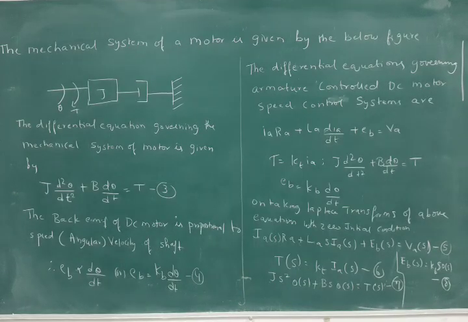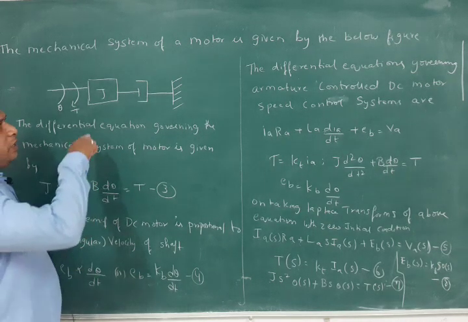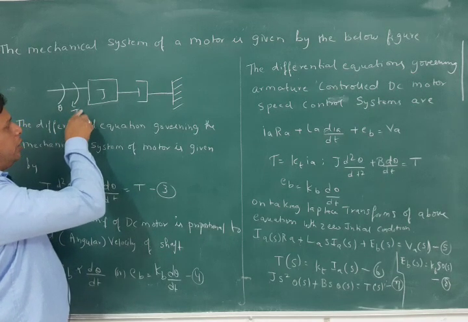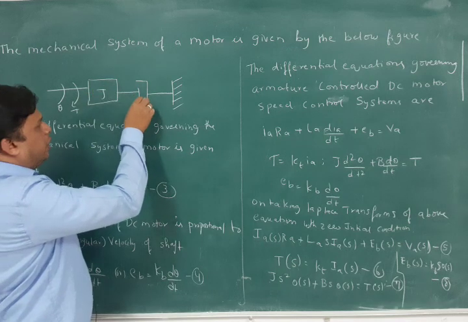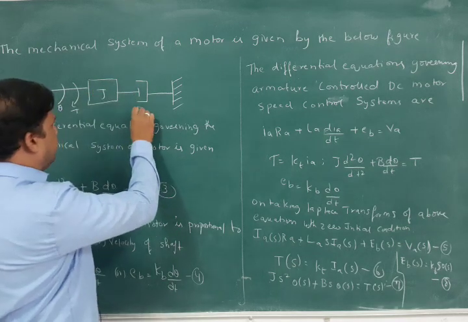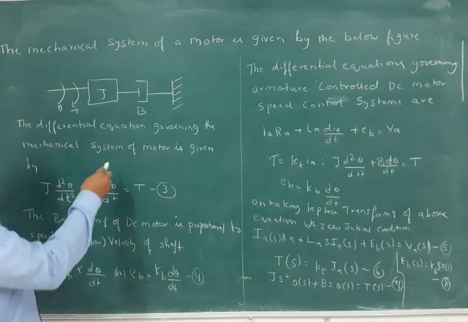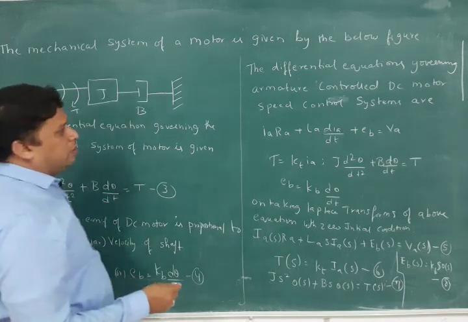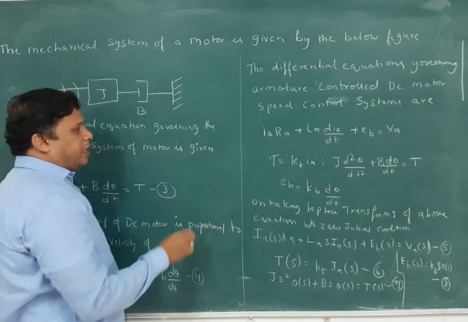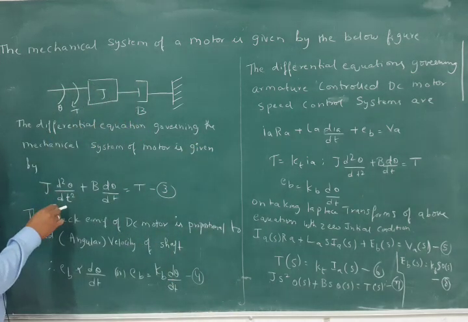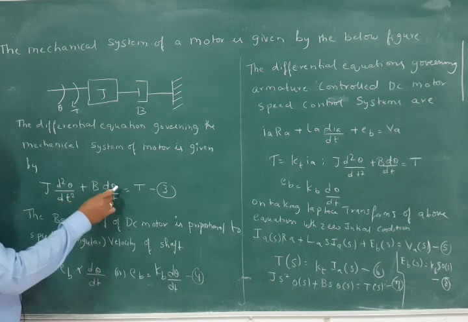As we have discussed equations 1 and 2 already, now the mechanical system of a motor is given by this particular diagram here. So it is theta and it is T, torque, and J is the moment of inertia, and this is the dashpot ensuring the friction coefficient B. The differential equation governing the mechanical system of this motor can be written in this way, that is J into d square theta by dt square plus B into d theta by dt,